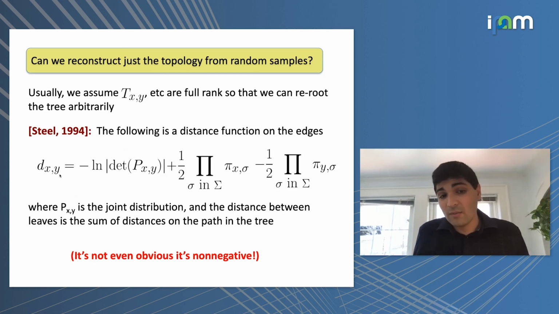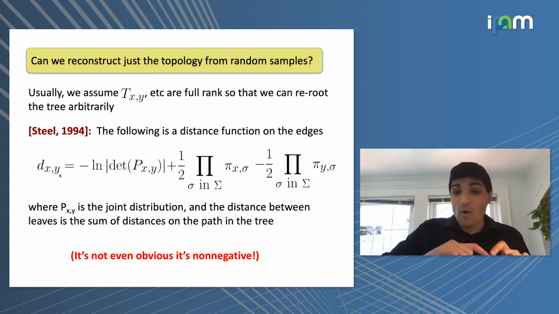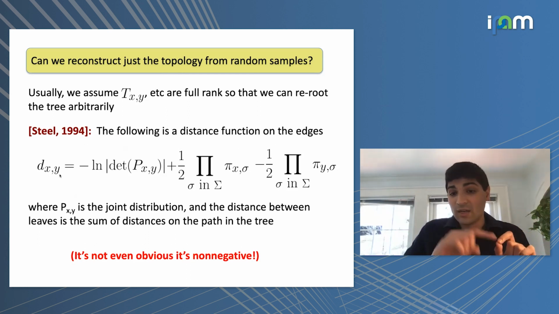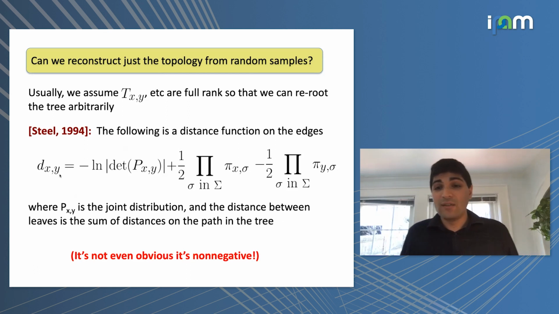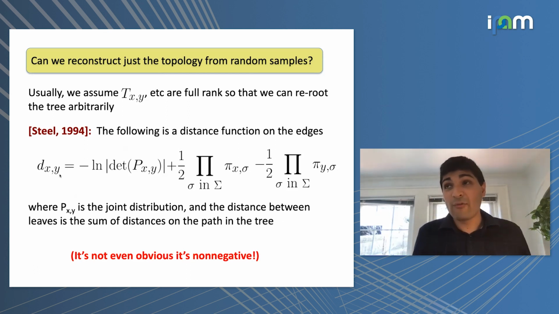And so that first term, this natural log of the determinants, is going to work out exactly the way it's supposed to, because the determinant of the overall transition matrix will be the product of the determinants of each one of the individual transitions, and then the natural log will mean that they add together. So in fact, the natural graph theoretic distance between the nodes within the tree is sort of not meaningful in the phylogenetic reconstruction problem. It's really Steele's distance function that tells you how long and short the edges are, that tells you the natural geometry to work with.